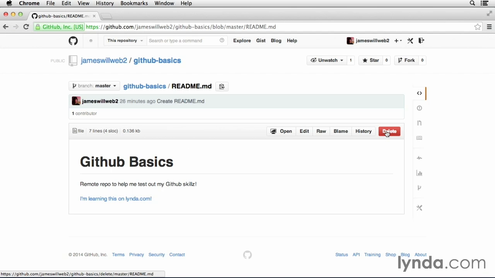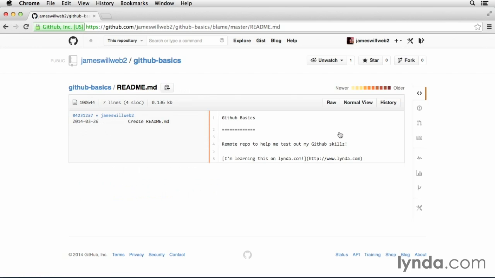We can delete the file if we want to get rid of it. We can view its commit history. This is one of my favorite ones. This is blame. If I click on this, what it does is it shows you a list of commits and changes that have been made, and then it shows you the author that made those changes, hence the blame button. So if you're looking for who made a change and you're not happy with it,